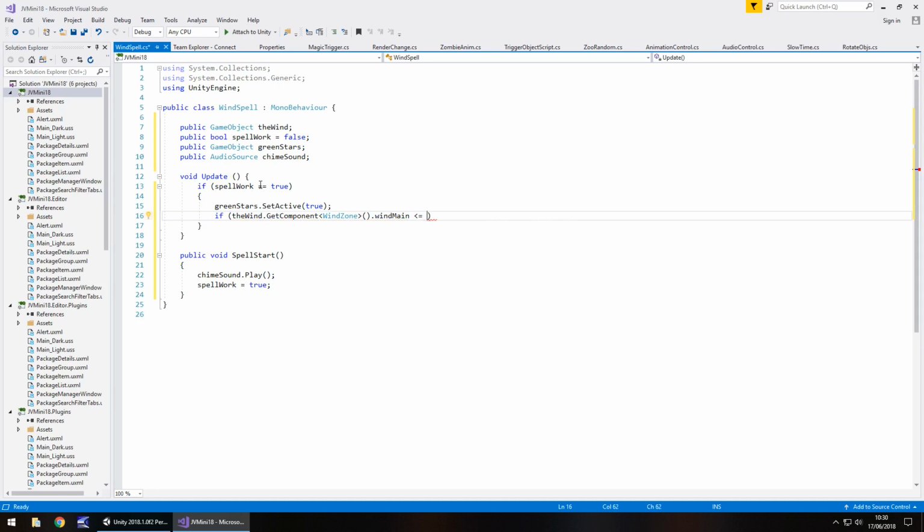So I have it currently set as 10, but I'm going to have this as 50. So 50 is my limit of how much I want the wind to occur. Semicolon, open curly bracket,